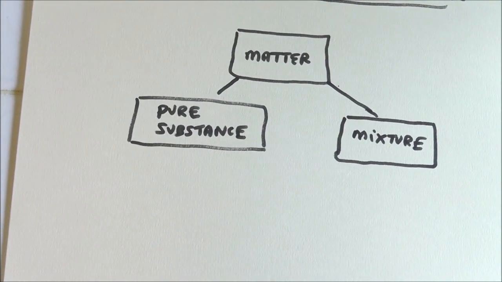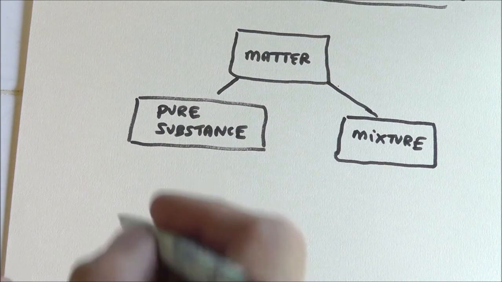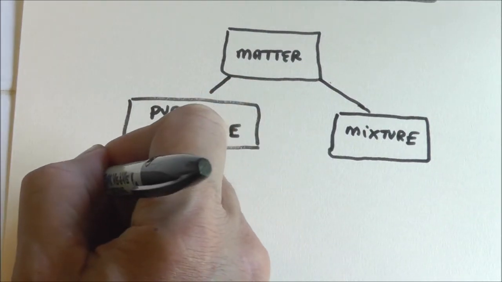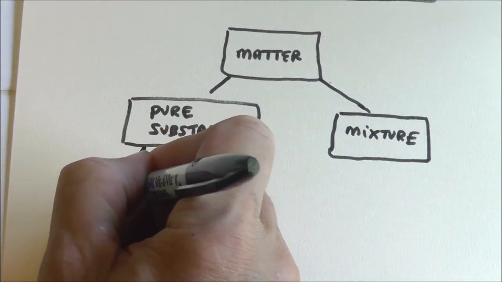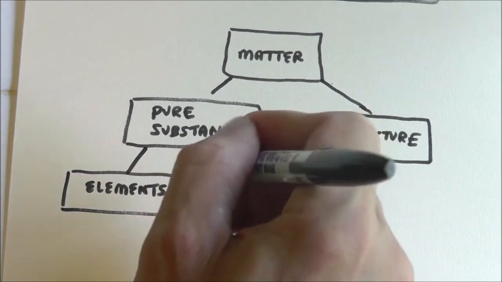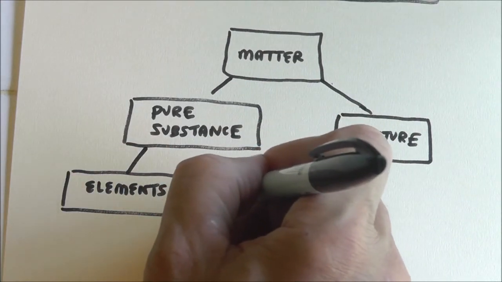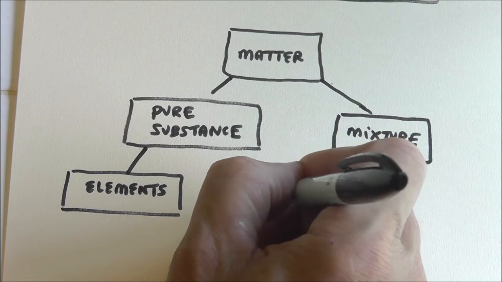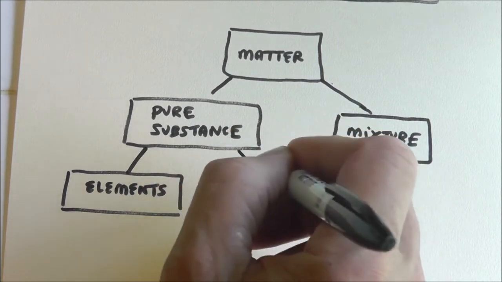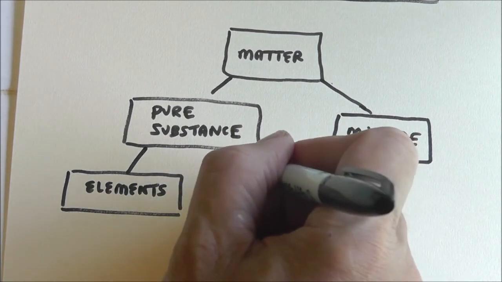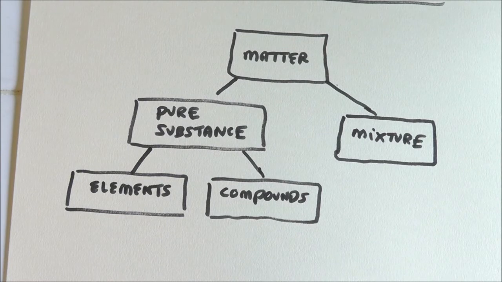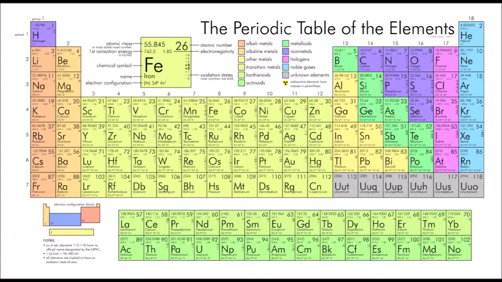Let's talk about the 2 kinds of pure substances. What you've got is you've got elements, and then you got compounds. What's the difference between those? I'll give you some examples, but if you have an element, oh, by the way, sounds probably pretty familiar. It's in the periodic table of the elements.